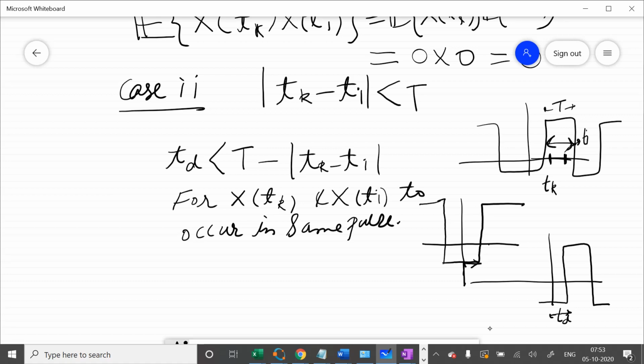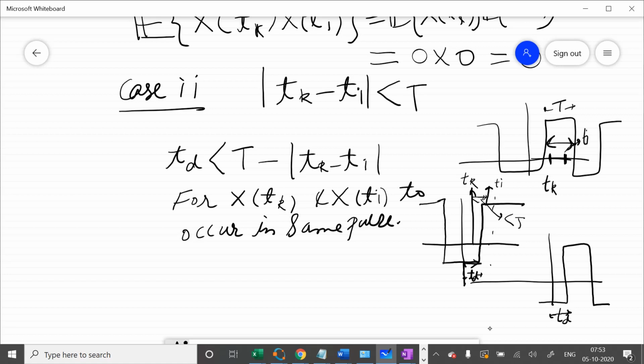Suppose this is TD. Now you can have TK here and TI here, and the difference can be less than T, but they occur in different pulses. Now for these two time intervals to occur in the same pulse,